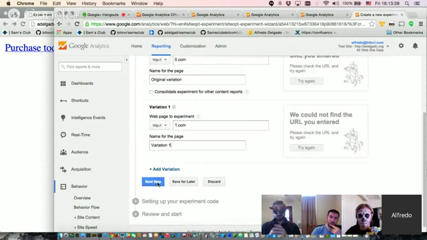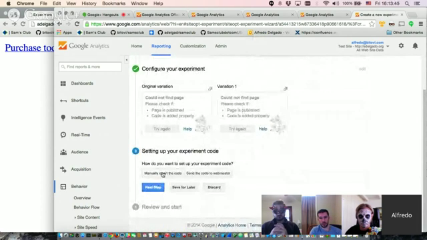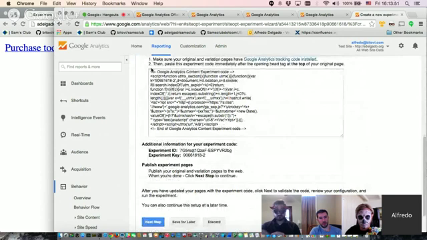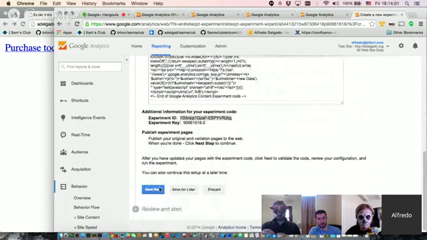I'm going to go to the next step, and then I'm going to manually insert code. I need the experiment ID. If you click on manually insert code, you'll see this snippet of code that we're not going to reuse today, but we have an experiment ID. And we don't need the experiment key. We just need the experiment ID. So if I click next step,